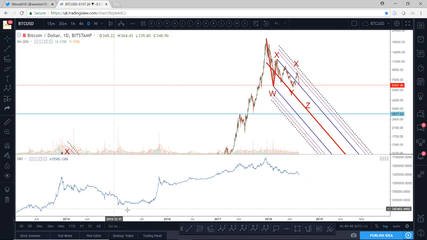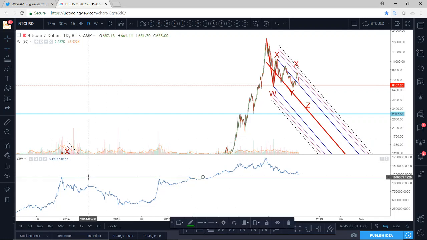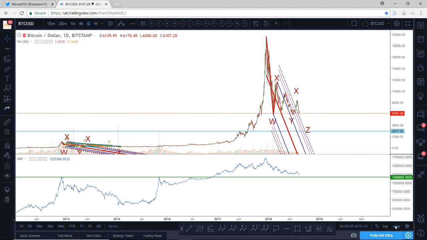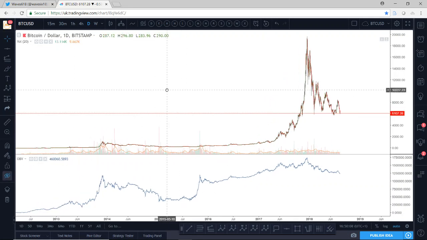So there is very good horizontal support on the OBV at this point here. And in fact, I want to look at this on our normal chart, so not the logarithmic scale. And let's take our drawings off here. Alright, so this is our linear chart now, and okay, it's taken off that horizontal line on the OBV, but look on the OBV here, we've got really good horizontal support, and I was saying I want to see a retest of this. The reason being, what the OBV tells us is the net volume in terms of bulls versus